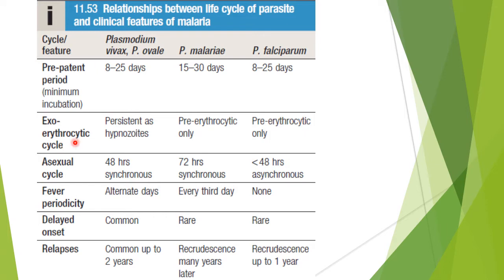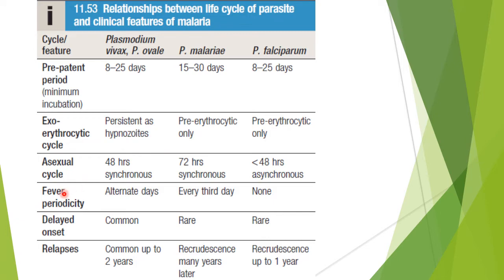After the exoerythrocytic cycle in Plasmodium vivax and ovale, they will persist as hypnozoites. However, in malariae and falciparum, there are pre-erythrocytic cycles only, and the asexual cycle lasts for 48 hours synchronous, whereas in Plasmodium malariae it's 72 hours synchronous, and in Plasmodium falciparum it is less than 48 hours and it is asynchronous, which means that